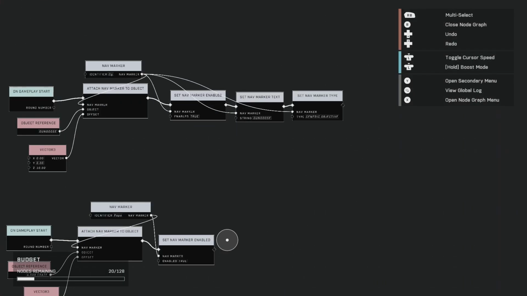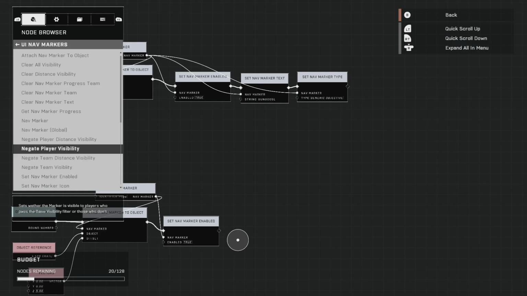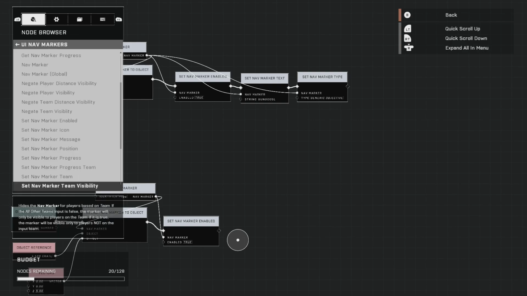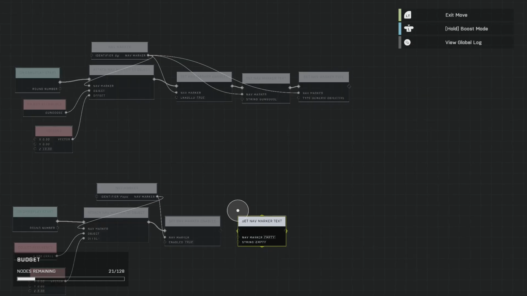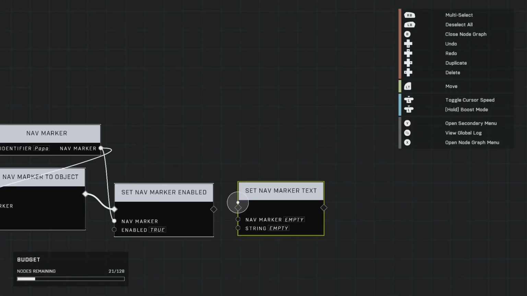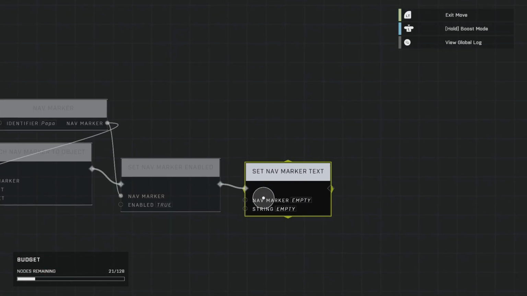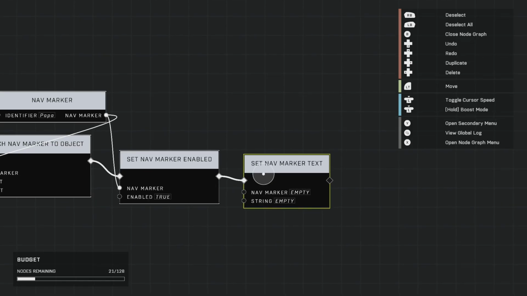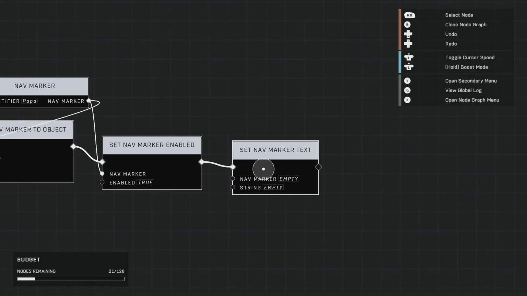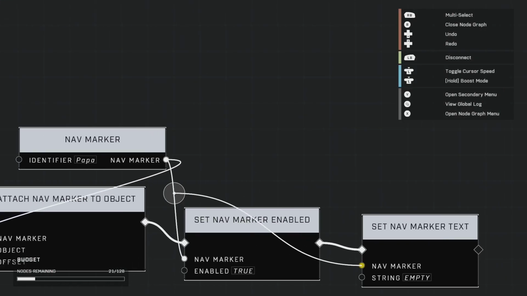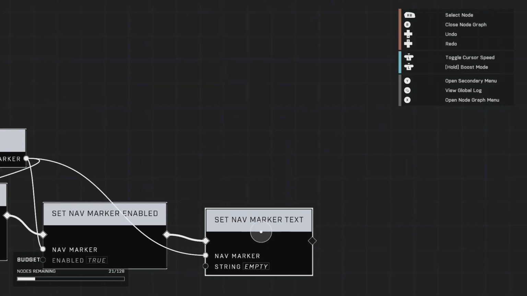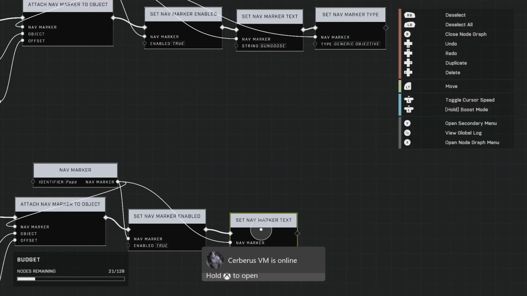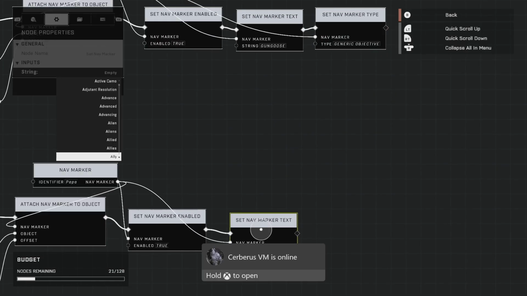Alright, now all we need to do is set the nav marker text. Everything I'm showing you here, you don't technically need to do. But this is if you want to get the more readable icons, stuff that's really going to let your player know what they're looking for. So this is where you do all that. We're going to head over into the settings of the nav marker text, put the string,